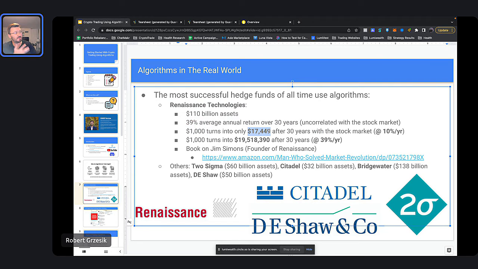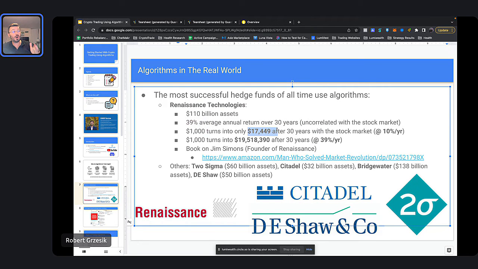That's good. That's why people say invest in the stock market. This is definitely a good way for you to make money over a period of time. Definitely a great investment, right? But if you had instead followed Jim Simons, the guy that created Renaissance, and you invested with them instead of the stock market, that's 10% versus 39%, almost four times the investment return per year, right? You're not going to end up with just 4 times more than 17,000.